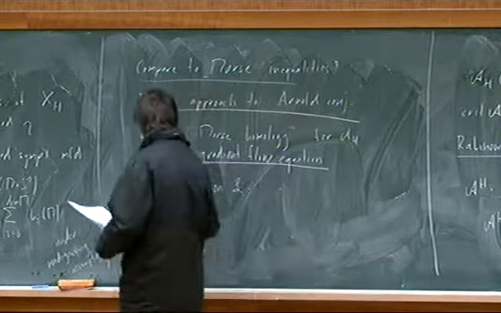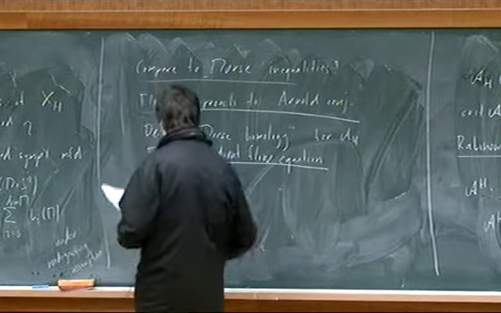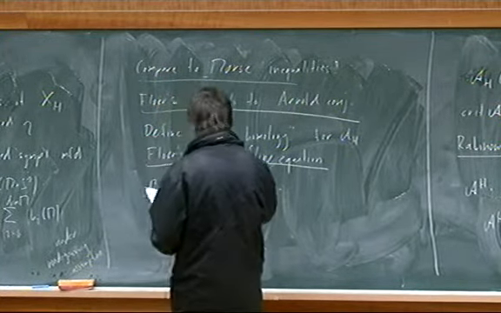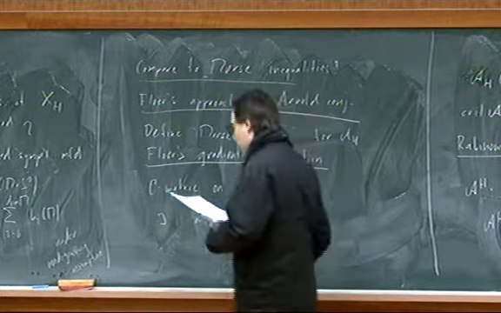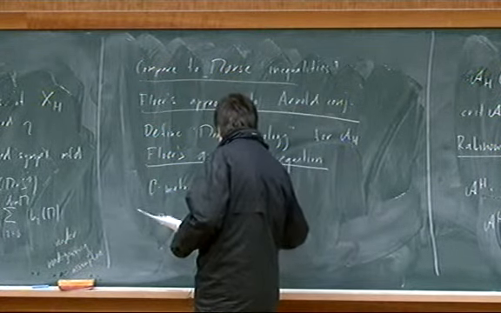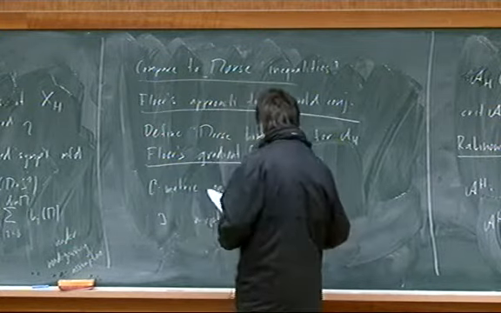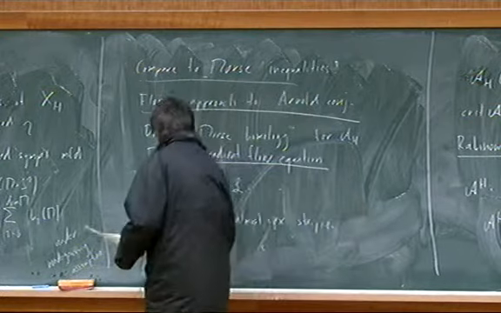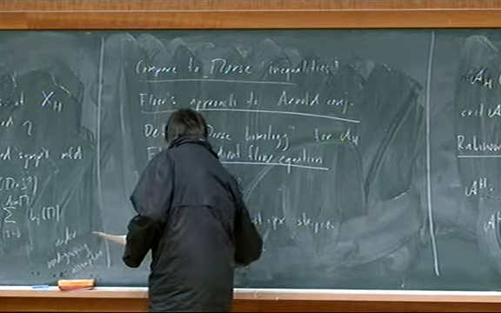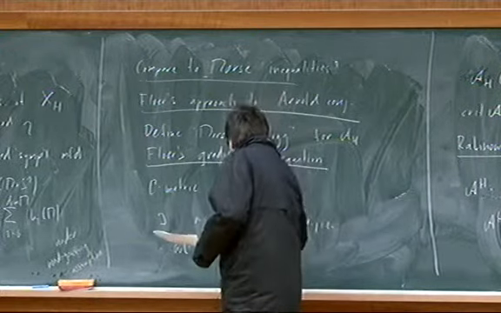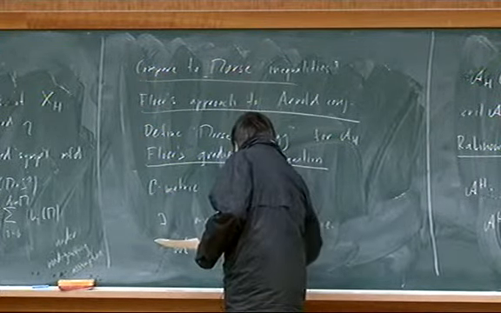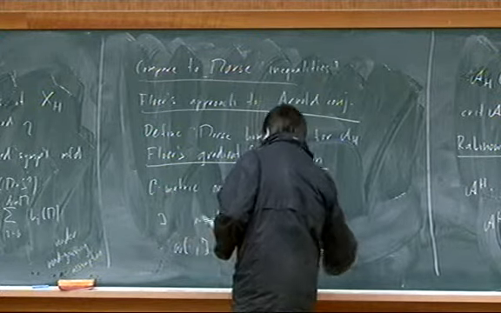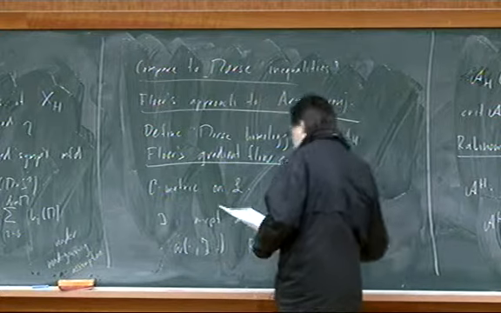So if J is an almost complex structure which is compatible with omega, meaning that if you plug this almost complex structure into omega, you get the Riemannian metric on M, then the metric,